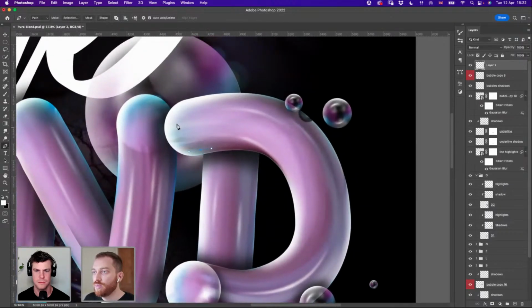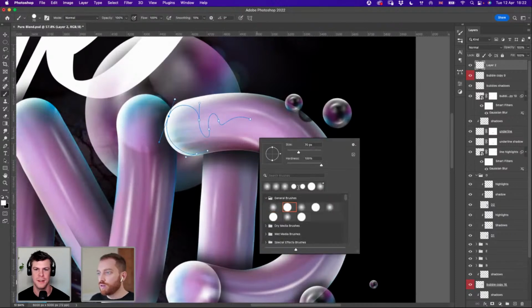Maybe it would be something like a weird shape. I don't know how this will be, but we can try that. Just see how it looks.